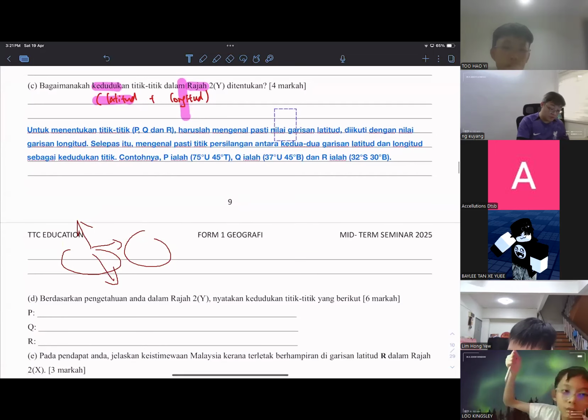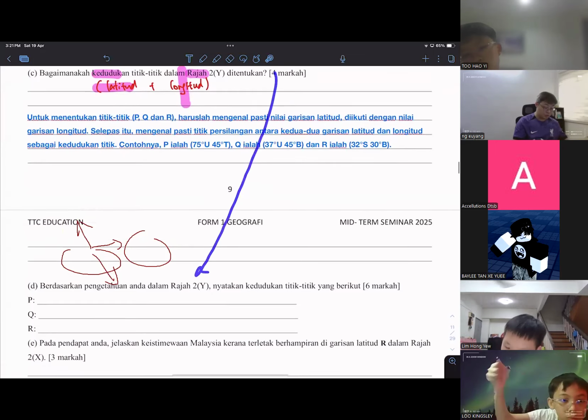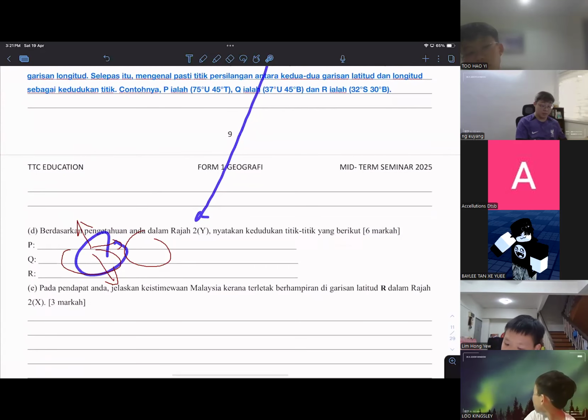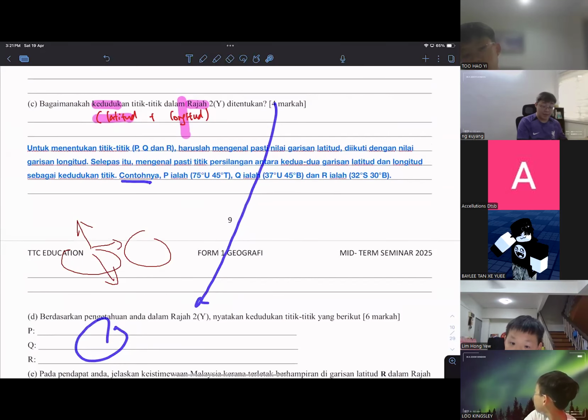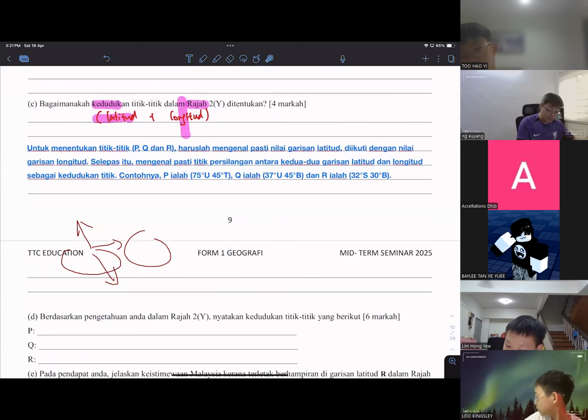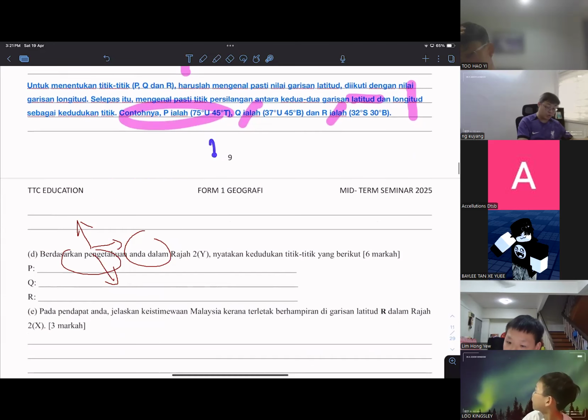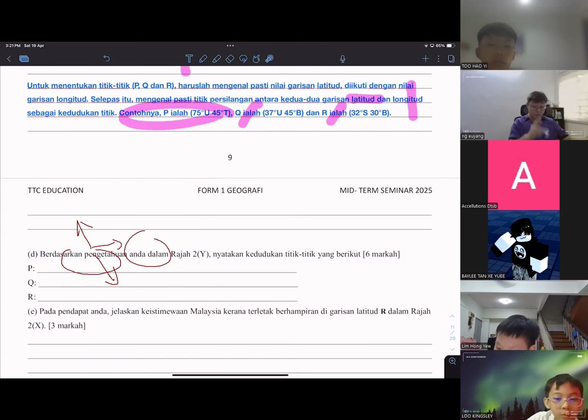Yeah, so this is your full 4 marks, right? So do not waste time to try another questions. Usually for a contour, just give one contour will do. Try to identify the latitude first, then the longitude later. So I'm going to give 3 contours so that you guys don't need to waste time to do another question. Just give one contour as a 4th mark.